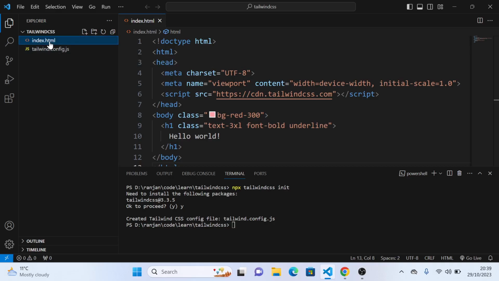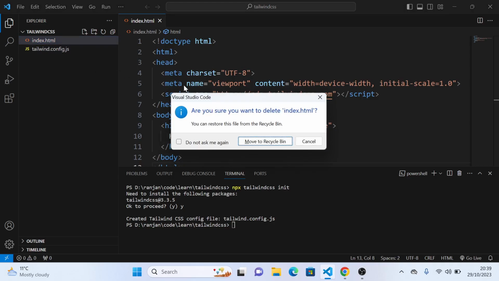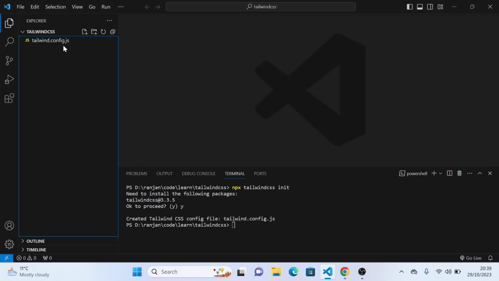So what we will do is we will give a structure to our code. I will delete this index file, and I'm going to create two folders here. One is the src where we will keep the source. Another folder will be, let's say, the output. All right. In the output, I will now create our index.html